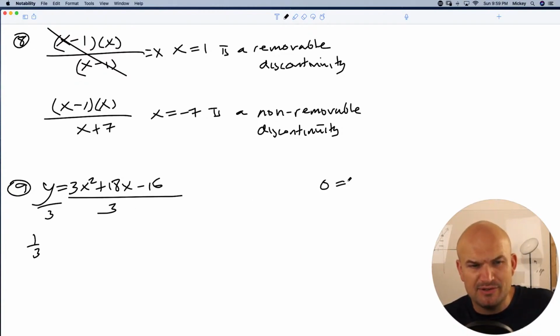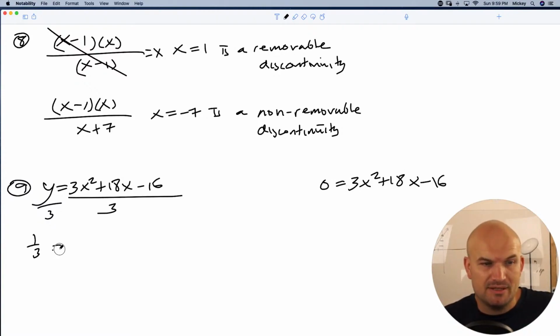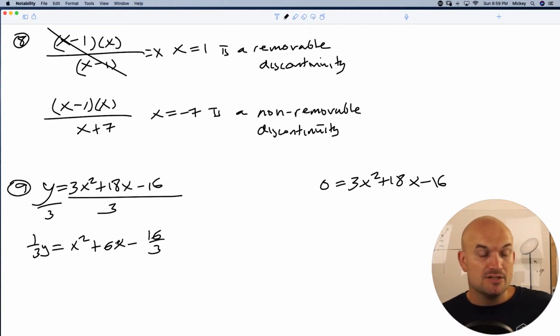And maybe we could do it. Maybe I'll show you. Let's put 1 in the vertex form, and then let's solve 1. Maybe I'll do that problem a little bit differently. So this is 1/3 y, and now this is x squared plus 6x minus 16/3. Okay, so now another way we complete the square, a little bit different than the way I did it last time, is again we can